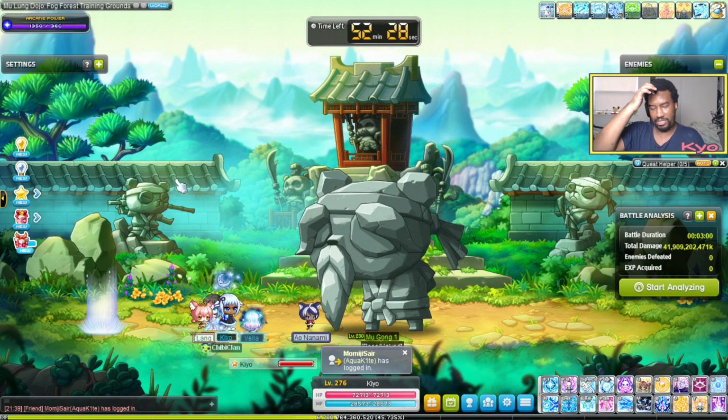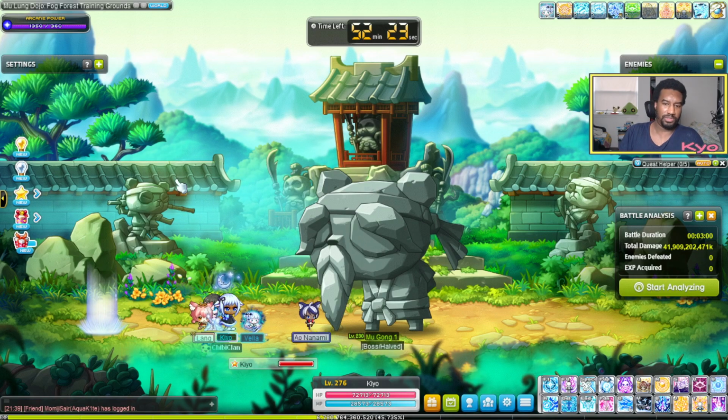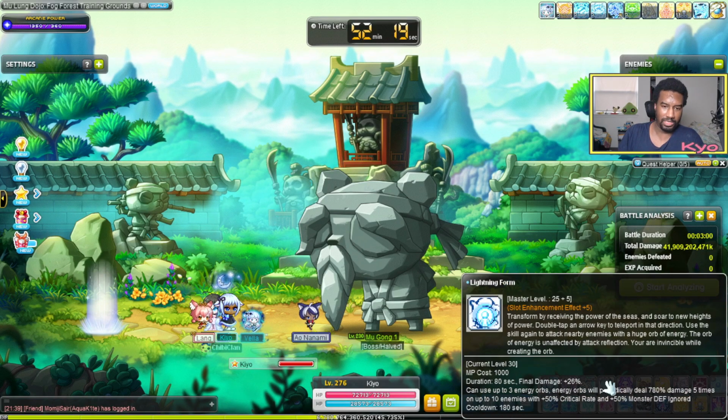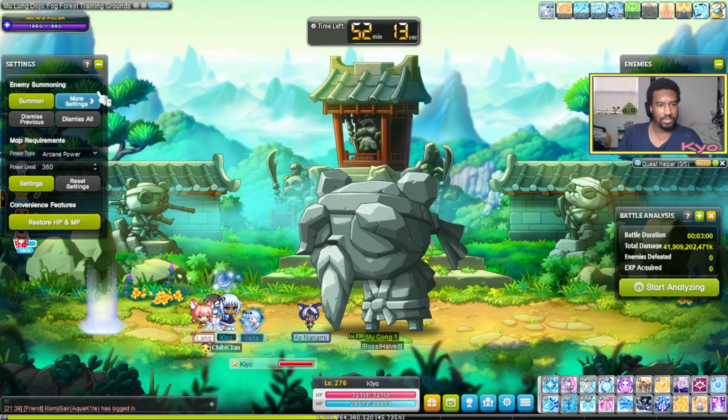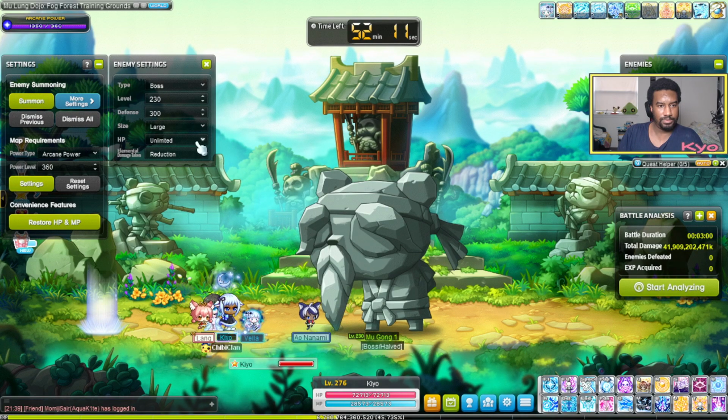So, one last thing I want to do at the end of this video is... In the future, there's going to be a buff to lightning orbs. You know, the orbs that you get from lightning form. So, let me show you something. Bring this back up. Okay. So...